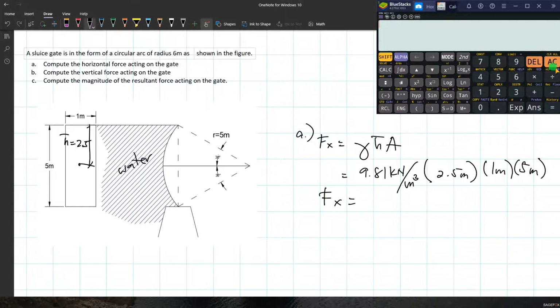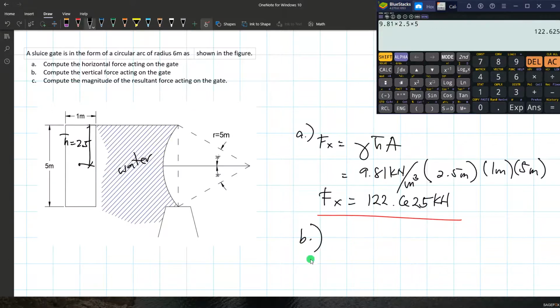So let's compute now the horizontal force, 2.5 by 5, 122.625 kilonewtons. Okay,